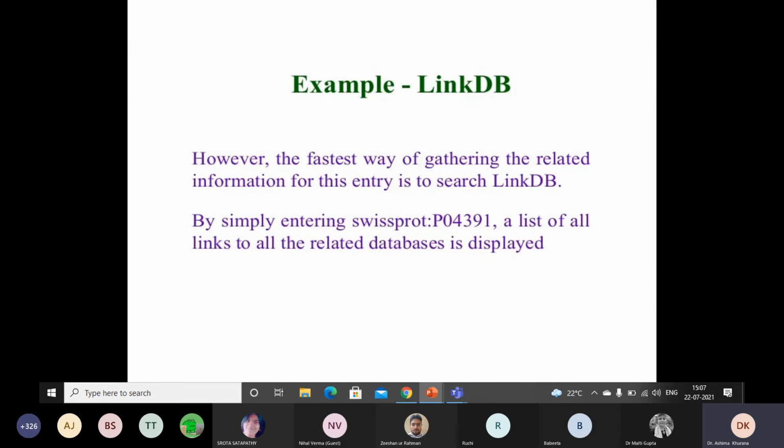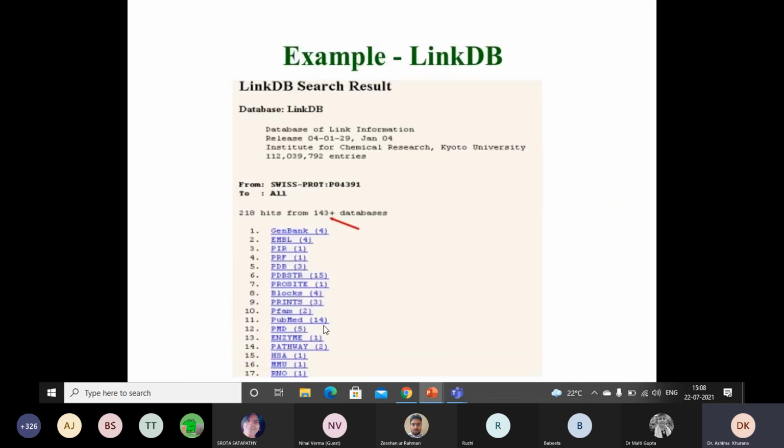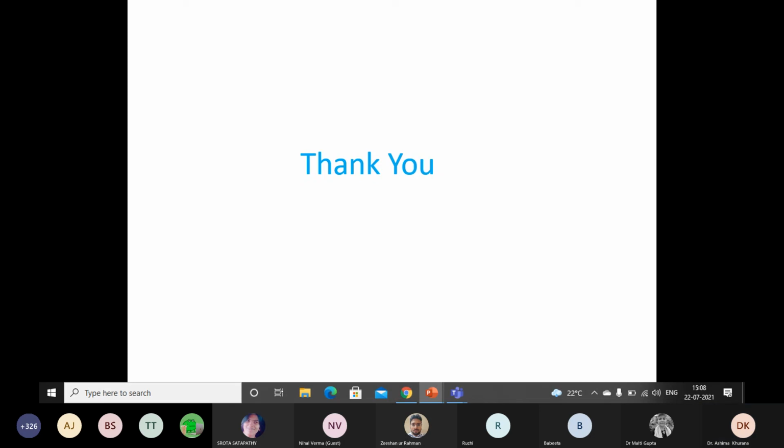In the case of dbGet or linked databases, it is one of the fastest ways of gathering the related information for this entry, to search linked databases by simply entering SwissProt P04391, a list of all links to all the related databases is displayed like this. It can be shown. Thank you.